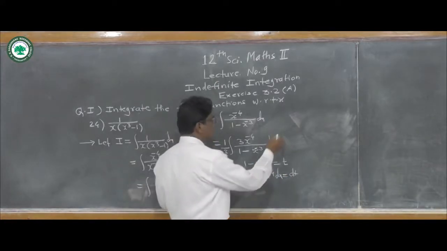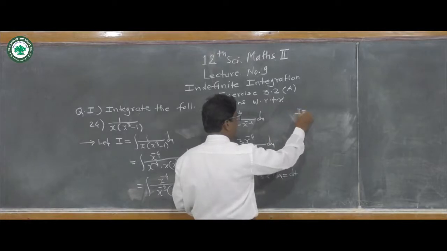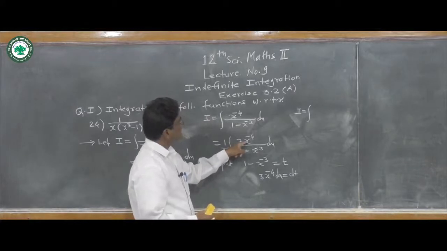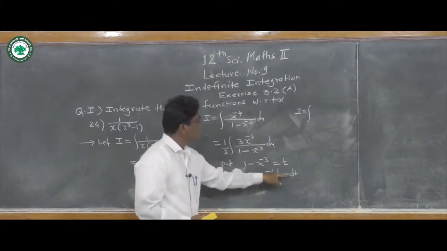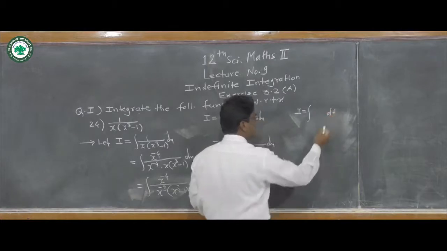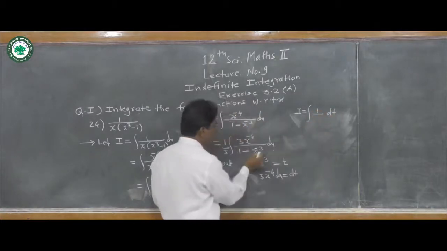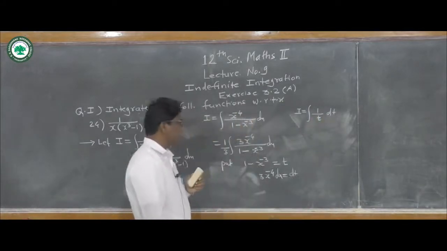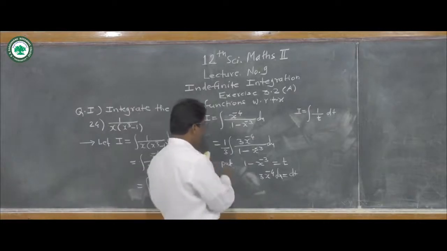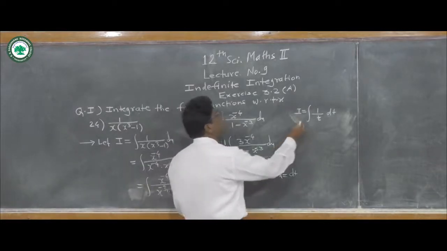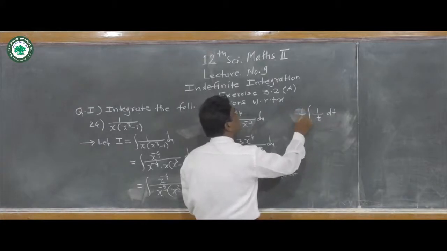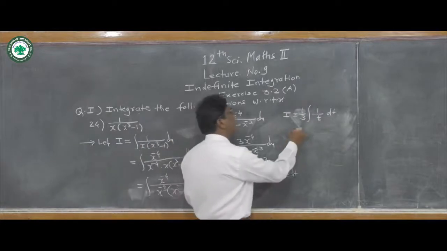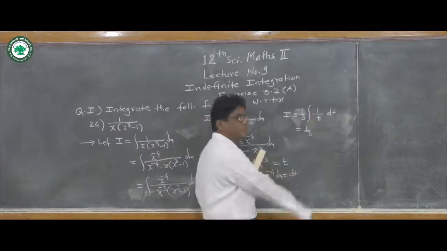And now therefore I is equal to the required integral, I is equal to integration of, replace this 3x to the power minus 4 dx with dt. So here we write that as dt. Now in the numerator there is 1, and the denominator is equal to t, and therefore this 1 upon 3 constant as it is, so we get like this. Now here we write 1 upon 3 and integration of 1 upon t dt.